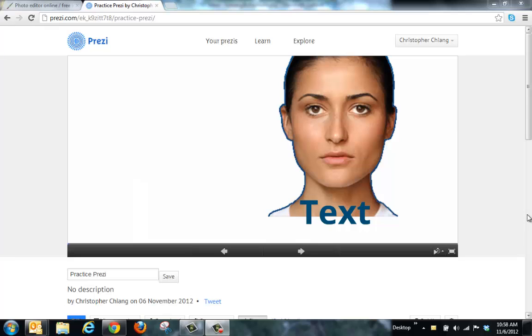This is a brief overview of Prezis using its new formatting. So first let's go over some basic features. Here I have loaded a pre-made Prezi, and here on the upper left corner you see that there is the